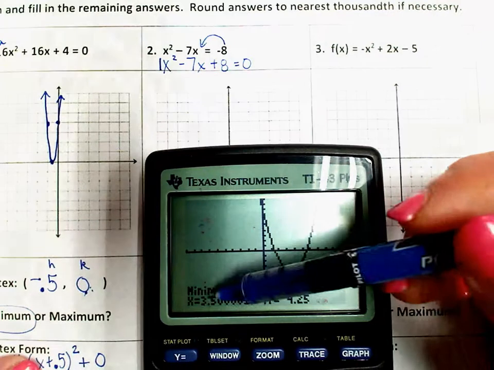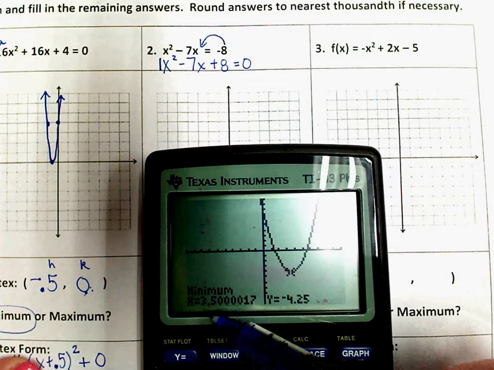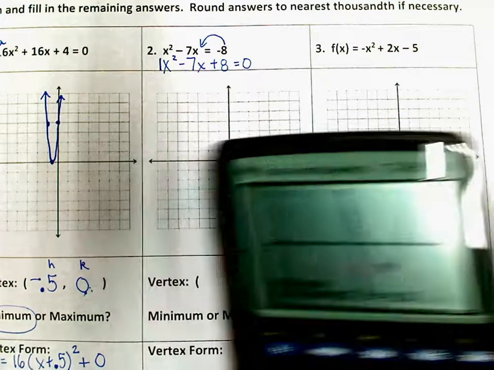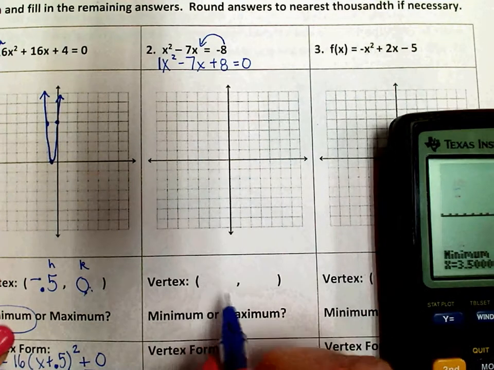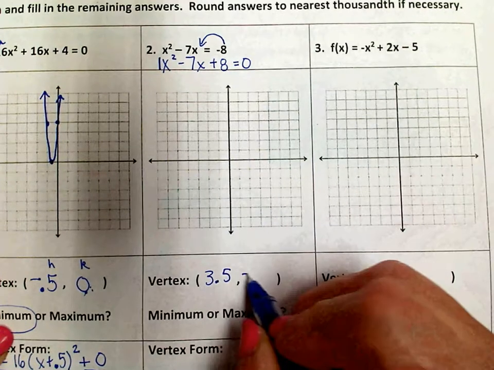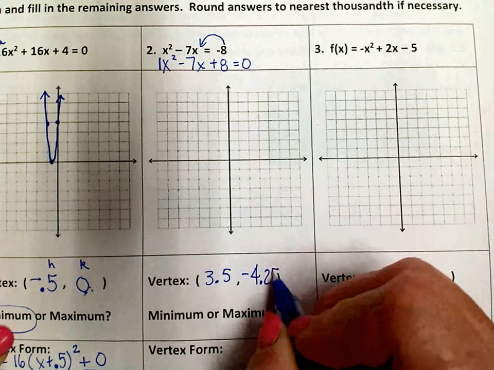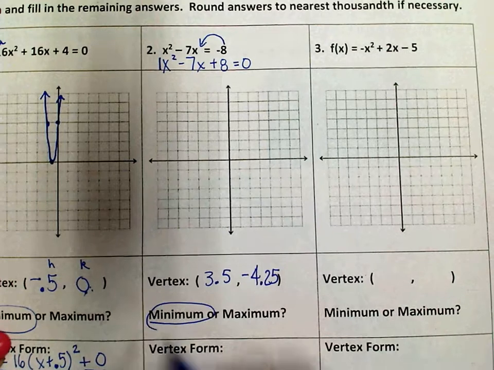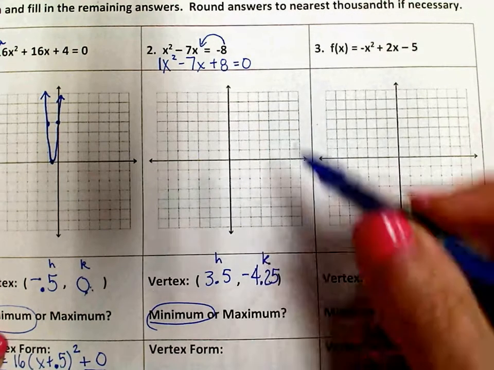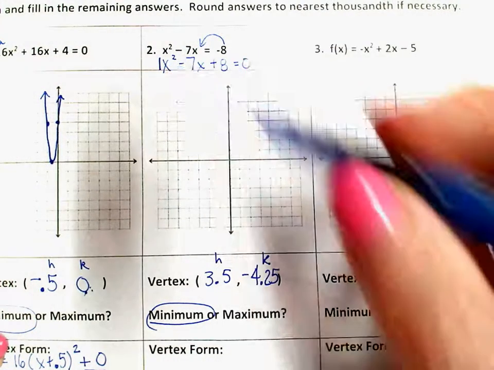And now it tells me that my minimum is at 3.5, negative 4.25. That's my vertex. 3.5, negative 4.25. And we knew that that was a minimum. So now I have my h and k value to go with my a value,